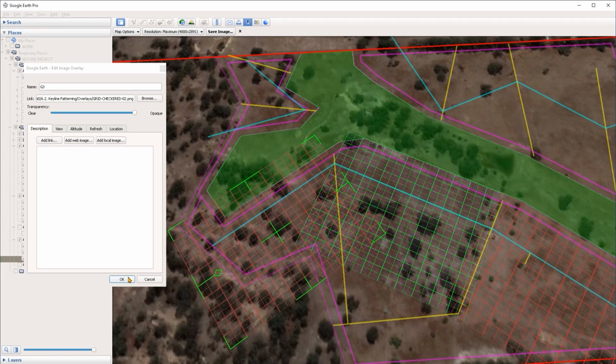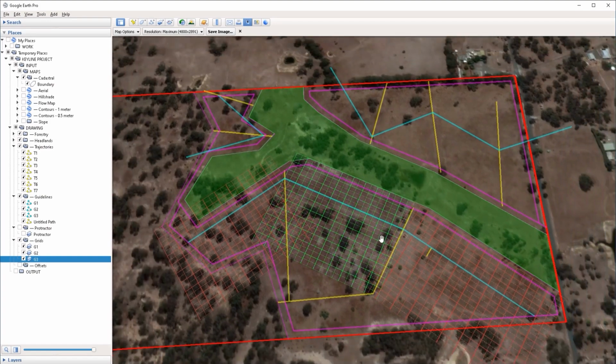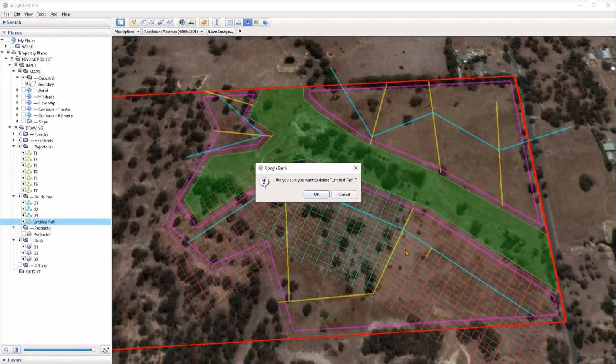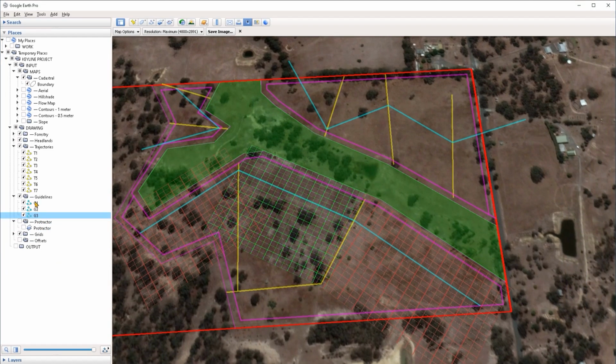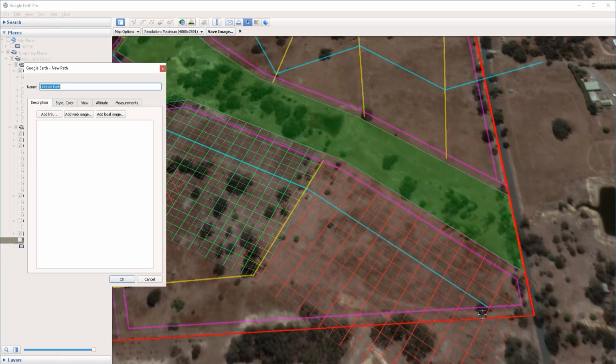And now with all of this done, I can press OK on this, and we are finally ready to start tracing these grids so we get our 15-meter offset. I'm going to delete this extension line that I created, and I'm going to select the offset folder, and I'm going to go under the path tool. And this is where it matters how you start tracing these lines. You have to choose a direction, because otherwise, if you just trace one segment and then another segment, you're going to